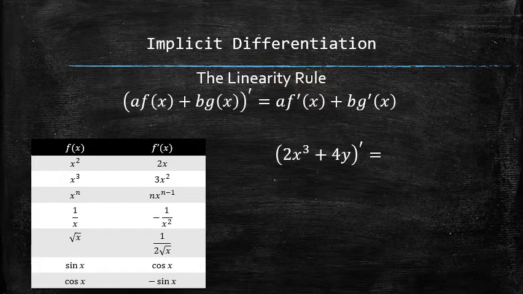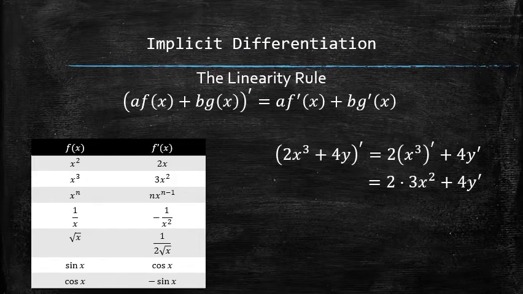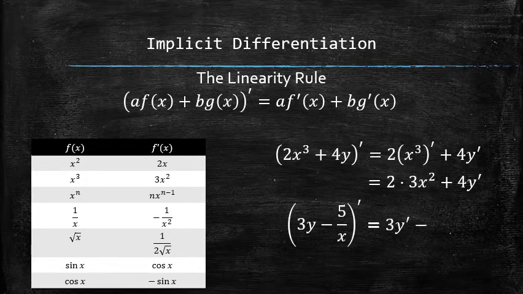By the linearity rule, we pass the differentiation through addition of functions and factor out the constant coefficients to get the following result. Now we can replace the derivative of x cubed with its actual derivative, but since y represents an unknown function, we would have to keep writing its derivative as y prime. We got the derivative. Of course, we can further simplify it, but that's not the point of the exercise. Here's another example. Applying the linearity rule and plugging in the derivatives where we know them gives us the following result.